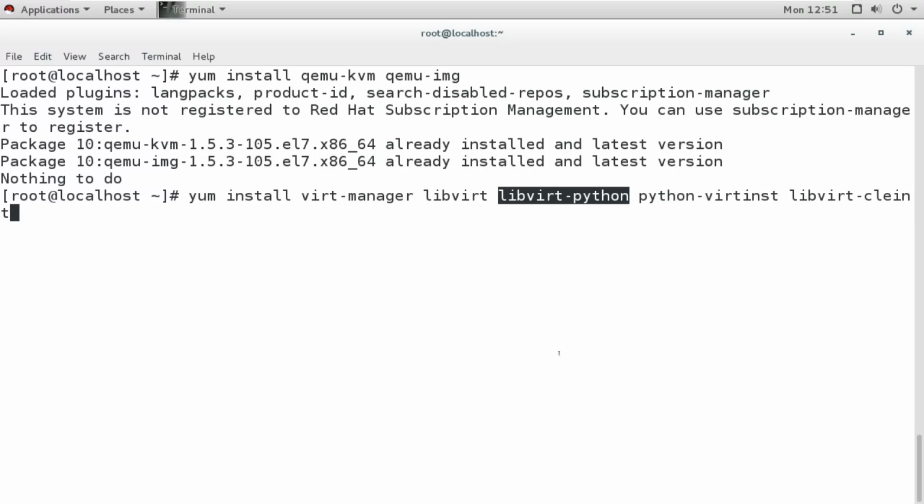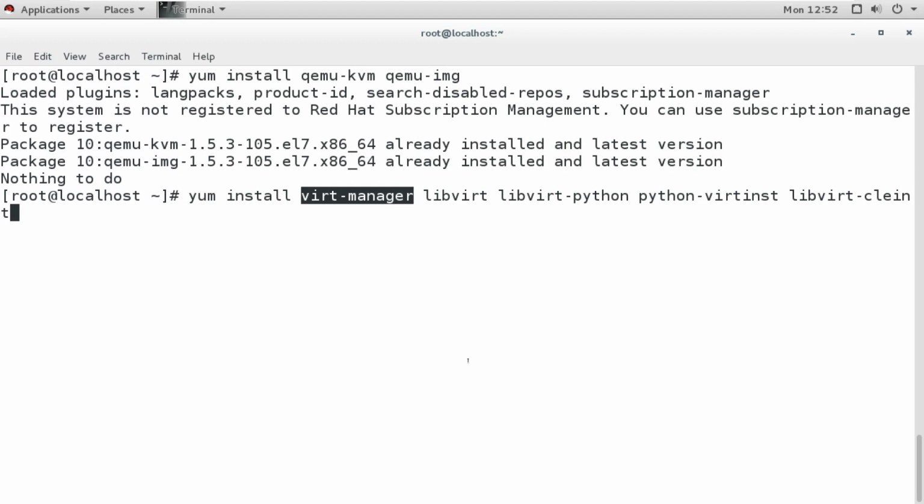Then this virt-manager. Now what does this virt-manager do? It provides the virtual machine manager. This is a graphical tool for administrating the VMs and using the libvirt client library as the management API.